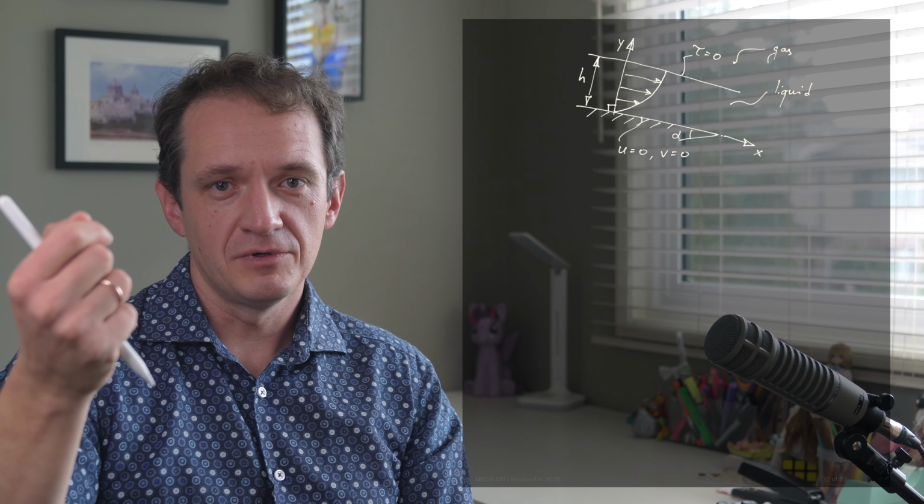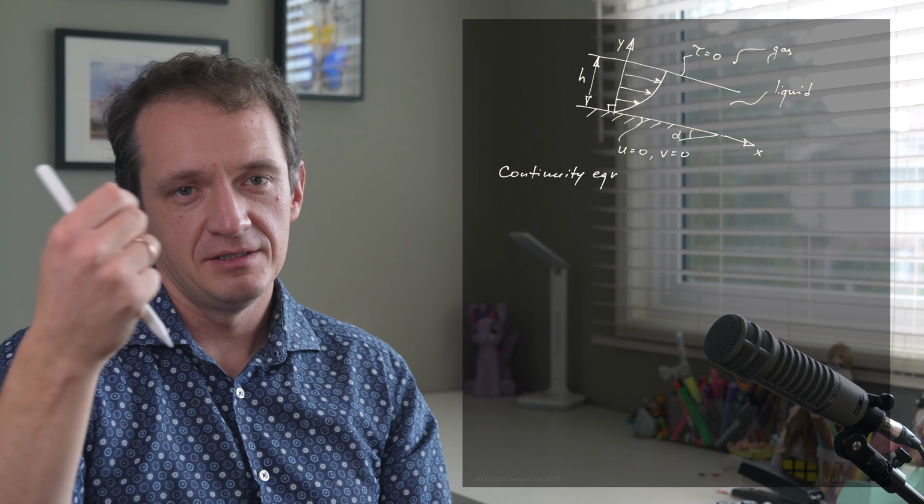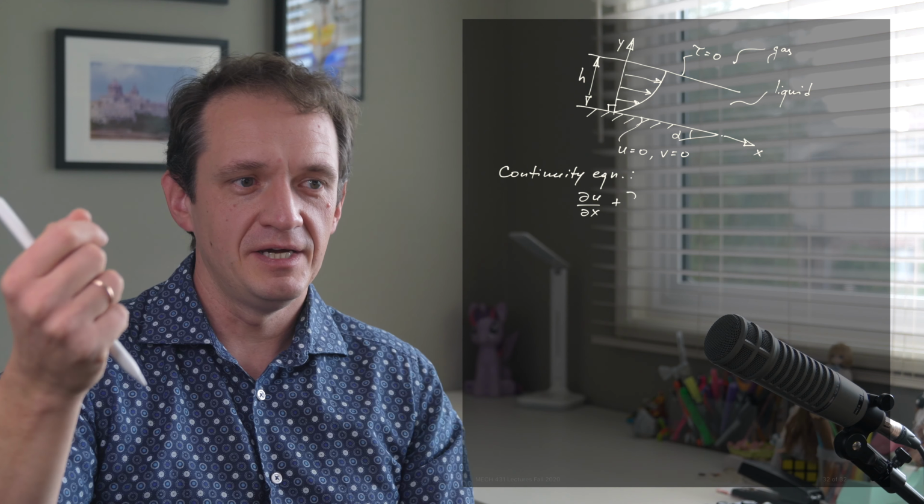So we are interested in the distribution of velocity in the liquid film, and it's bounded on the bottom by a solid plane and on the top by a gas. So the boundary conditions for the velocity profile in the liquid film would be no slip and impermeability at the wall and zero shear stress at the free surface interface. The governing equations are going to be the continuity equation du dx plus dv dy equals 0, so